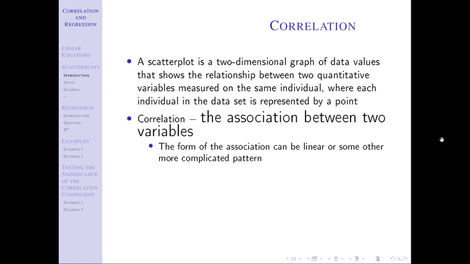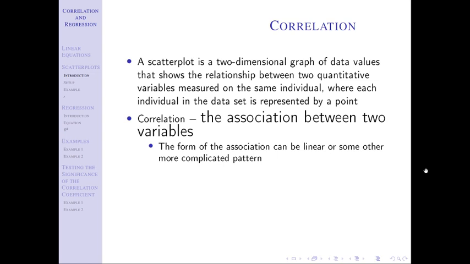Are they all along a line, or are they all along a curve, or are they not? Right, so form just means what do we look like? In this course, we're going to focus in on linear associations. That doesn't mean that more complicated patterns don't exist, and we will see some other ones. So you kind of just need to be able to say linear or not linear. We're not going to dive too deep in the rabbit hole of the not linear ones. So we're focusing on linear relationships.